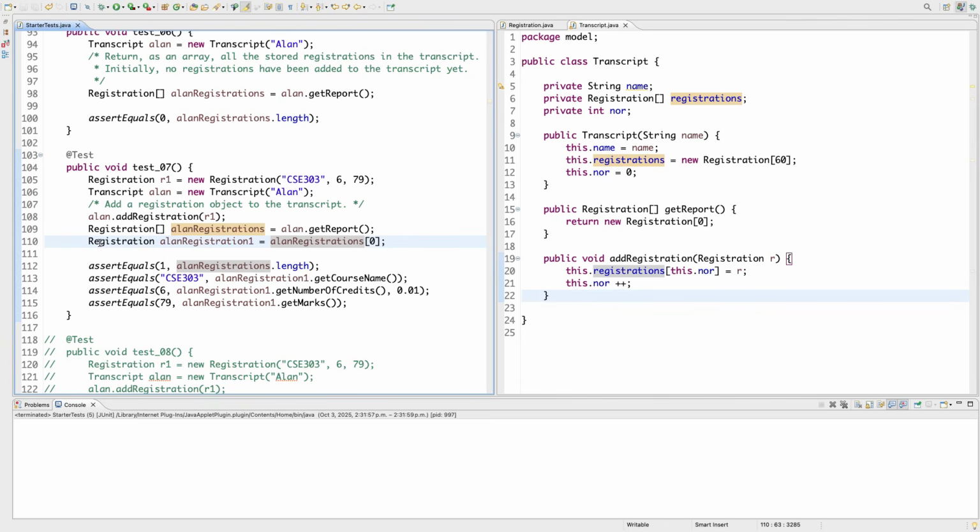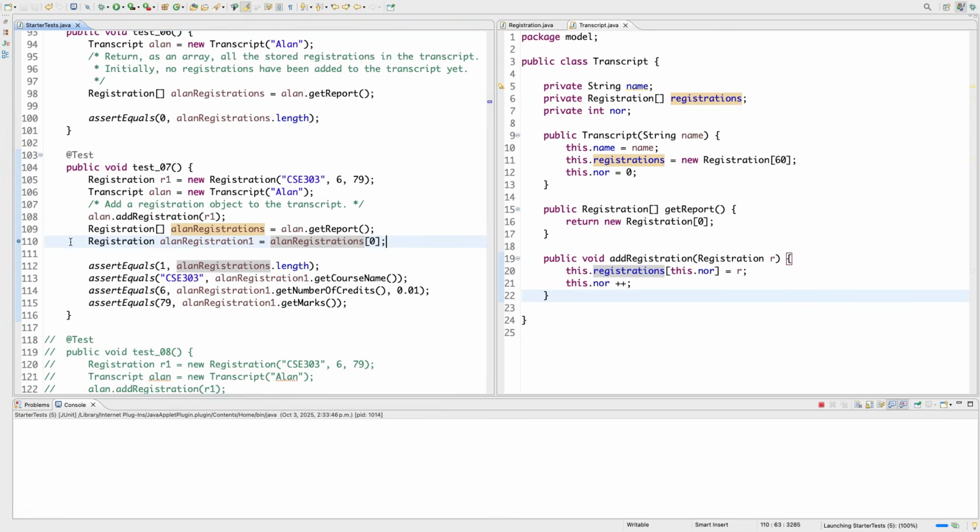So I'm going to show you a very quick demonstration of how to use the debugger. The first thing that you want to do is add a breakpoint into your project. To do that, you just double-click beside the line number that you want to stop at. What the breakpoint does is it basically pauses the execution of your project right before this line is executed. So now if we click the bug icon up here,